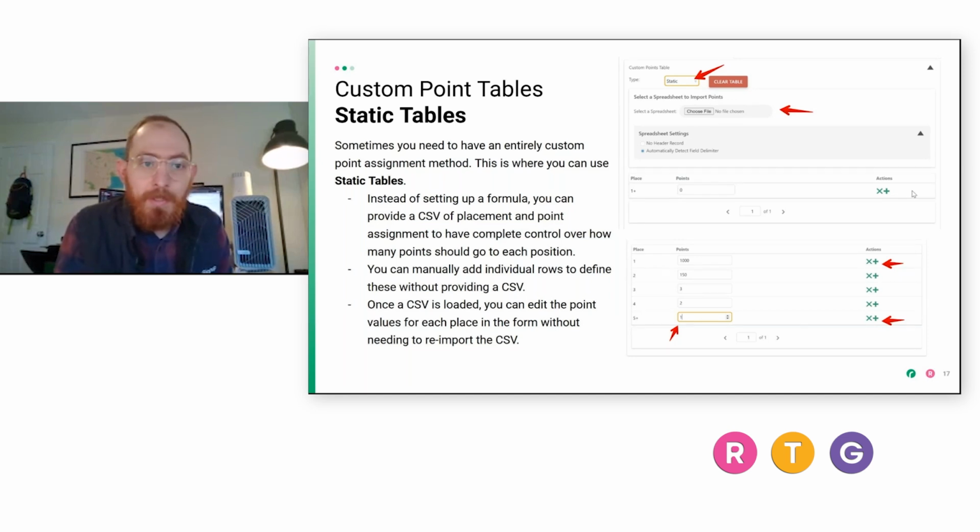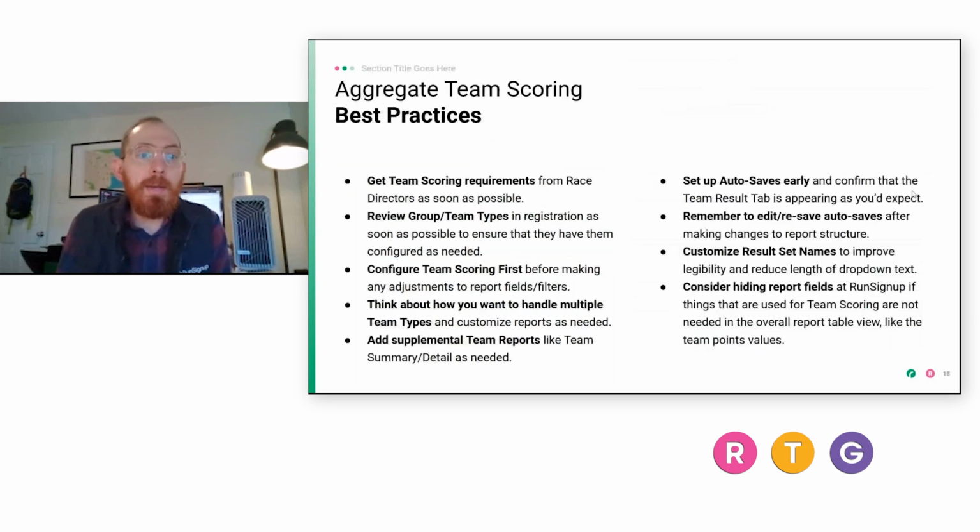Next, we're going to move on to some general best practices. We get a lot of support requests about aggregate team scoring, so I wanted to highlight some of the things that we think are really important. Number one, get team scoring requirements from your race directors, or yourself if you're the race director, as soon as possible. You've got to think about this well in advance because you want to make sure that you can do number two,